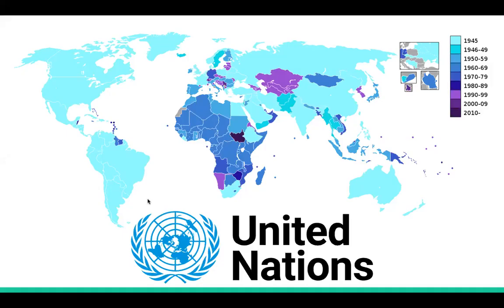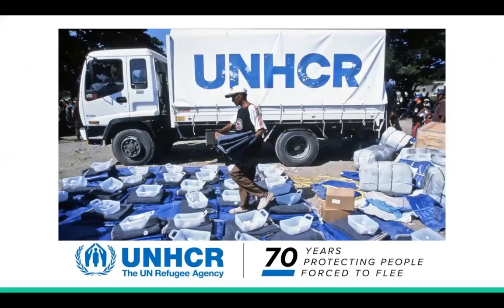So first up, I think the big one is the United Nations. The UN here is a map of current participants, I believe. So this is from the website, so I trust that it's relatively up to date. So a subsidiary branch of the UN is the UNHCR, the United Nations High Commissioner for Refugees,